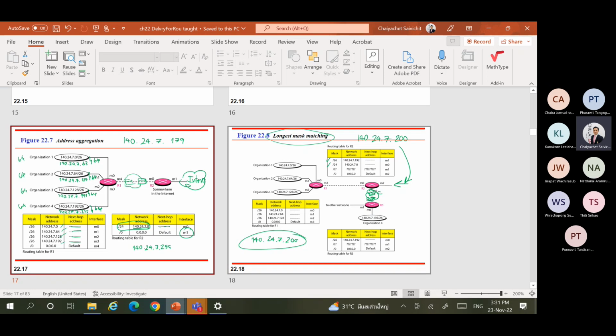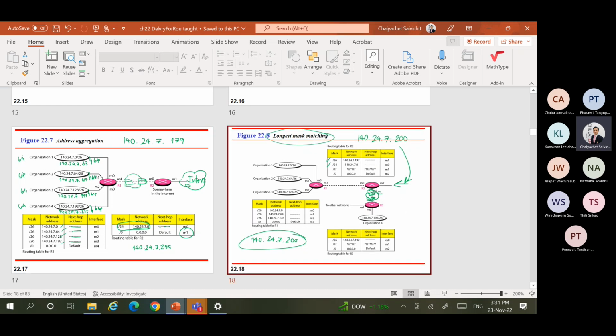Because if you pick the second row, it will forward to the left-hand side towards R1, which is incorrect. So if we have the address aggregation and part of the address in that big block is somewhere else, you have to indicate it above, with the longer mask. The longer mask will bring it to the closest direction. So this is the concept of longest mask matching